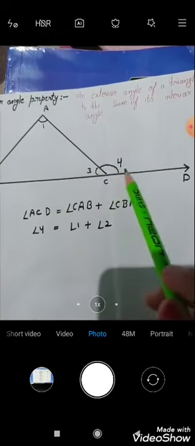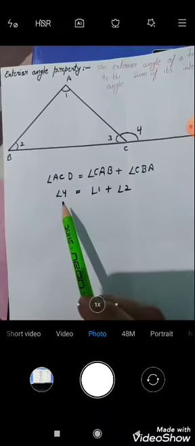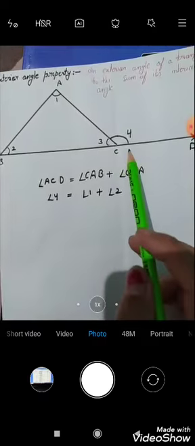Now in this property we have to prove that the exterior angle of a triangle is equal to the sum of its interior opposite angles. Here 1 and 2 are the interior opposite angles, so we have to prove that the value of angle 4, meaning the value of the exterior angle, is equal to the value of angle 1 plus the value of angle 2, meaning the sum of its interior opposite angles. For this,